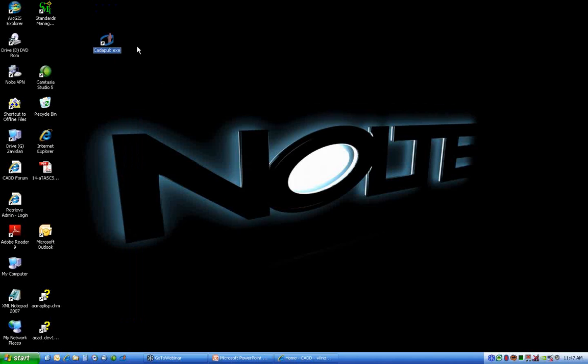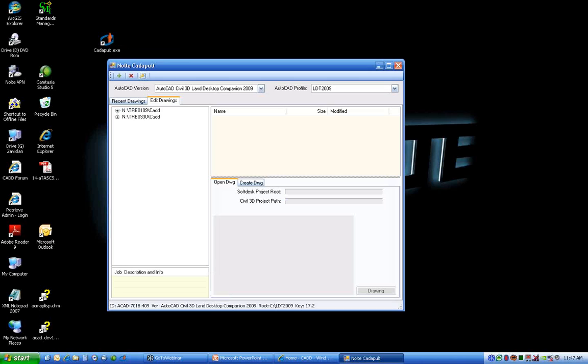The icon on your desktop is going to be a multi-active O with a little arrow shooting up through it, indicating launching or flinging something into the air. So I'm going to double click on that and bring up my Catapult window. We've designed Catapult to be very similar in functionality to CAD Launcher, but we've added in some behavior that we